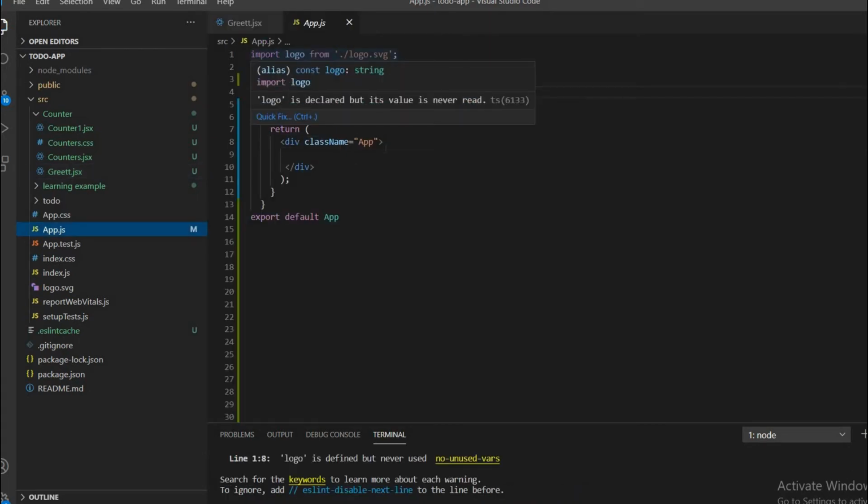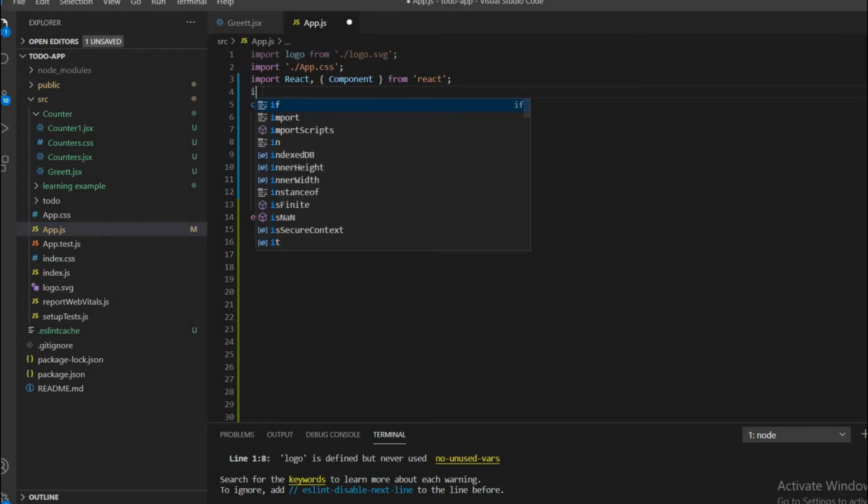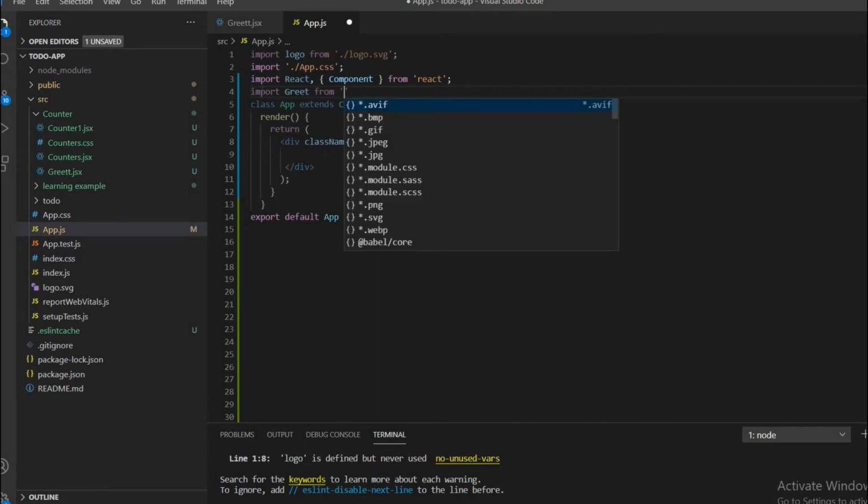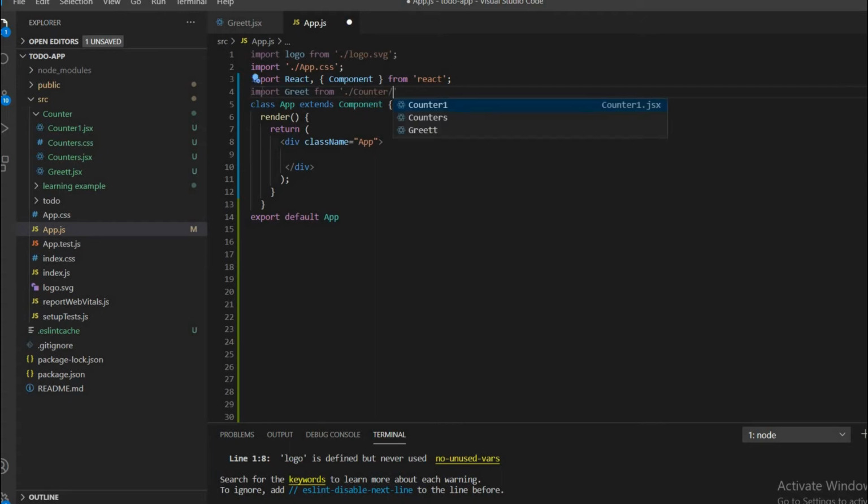In the app.js file, first of all I am importing my greet file. Import greet from components/counter/greet.